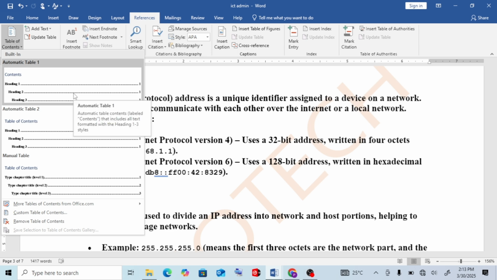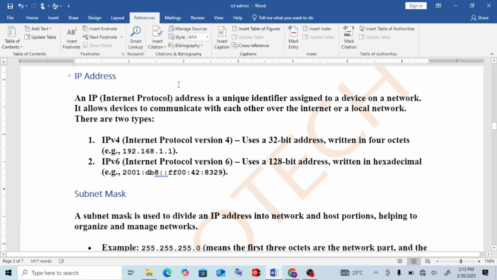So before you click on the choice of your table of content, first see where your cursor is in the document. If it's here, meaning the table of content will appear in this very position.